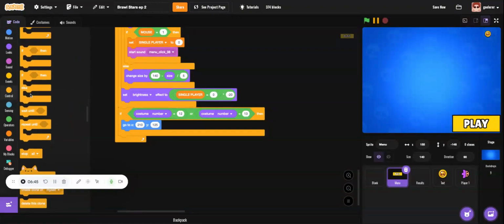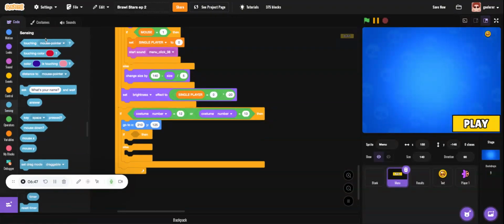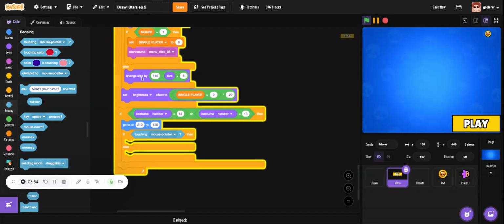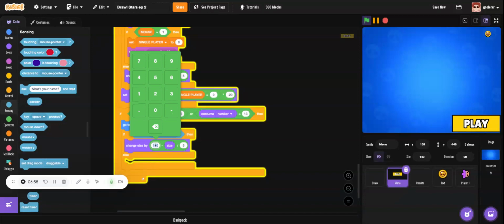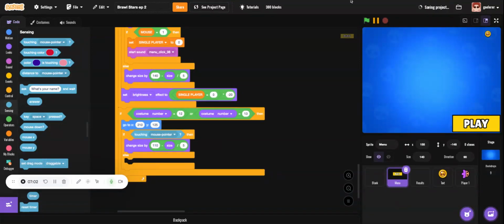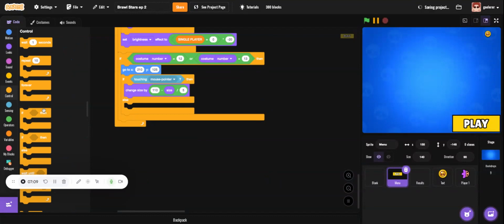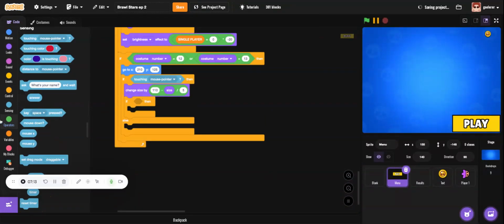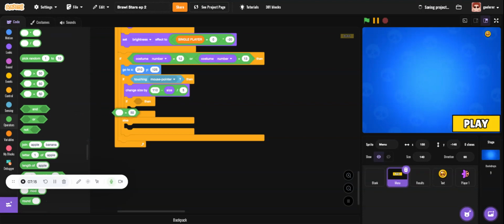Equals touching mouse pointer. Okay? Change size by 110 minus size divided by 5. If mouse is equal to 1,